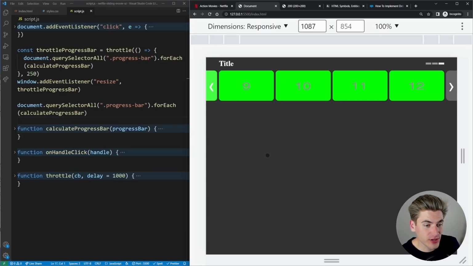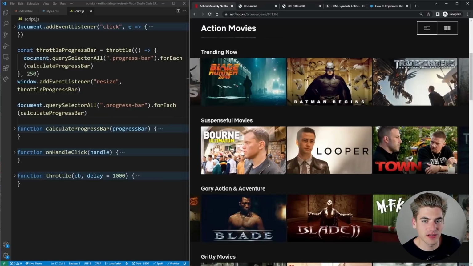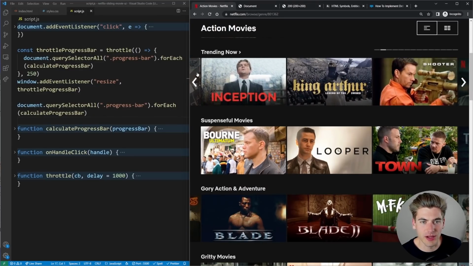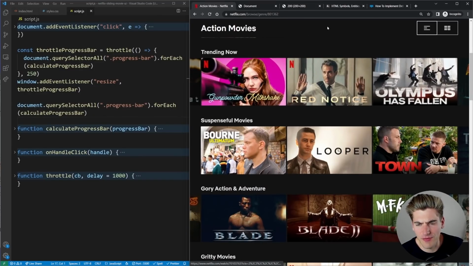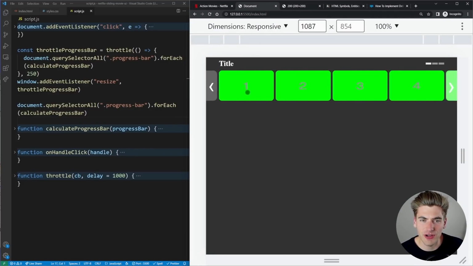I just paused the video here to look at the time, and it looks like we're pretty much at an hour for the video. So instead of trying to scratch my head even further to implement the wraparound feature they have here in Netflix, I think we're going to keep it with what we have because we've implemented essentially the same functionality. It just works in a slightly different way, but in my opinion, is still just as good of a feature.